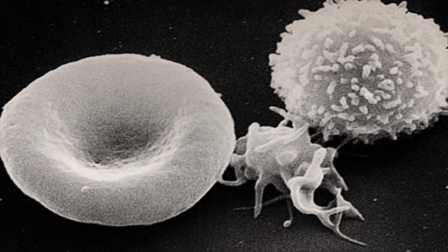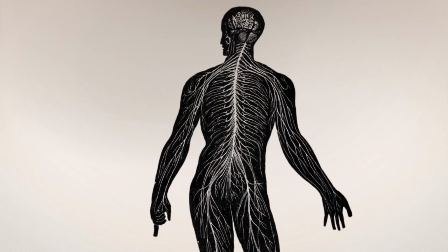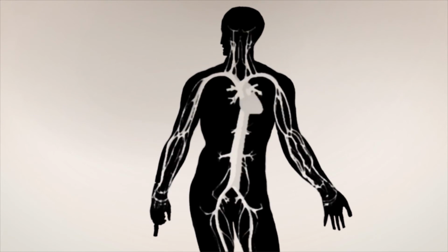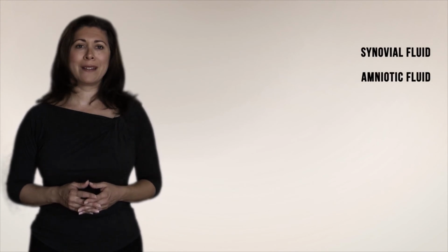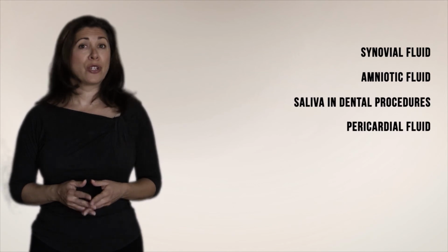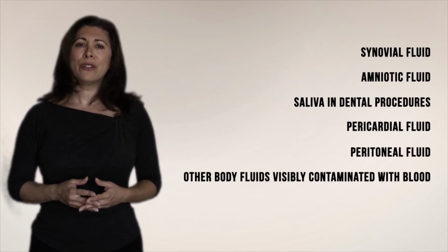For example, there are infections and diseases that can affect the central nervous system. They can cause damage to the liver or kidney, or affect the blood system. And it's not just blood that does this. Other fluids, and even tissues or pieces of skin that may fall away from someone who is infected, can be very dangerous. Many fluids like synovial fluid, amniotic fluid, saliva and dental procedures, pericardial fluid, peritoneal fluid,